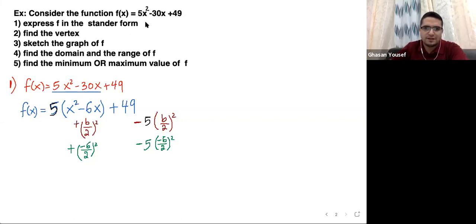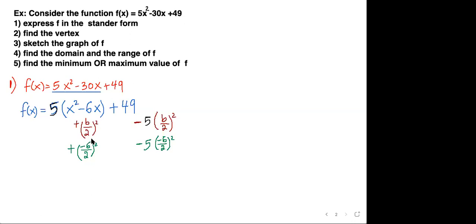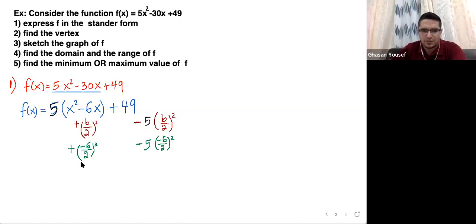Okay, what is negative 6 over 2 squared? What is it? 9. It's easy. It's a 9, exactly. Minus 6 over 2 is 3, 3 squared is 9. So actually I get f of x equals 5, open parentheses, x squared minus 6x plus 9 inside the parentheses, and outside the parentheses I get 49,